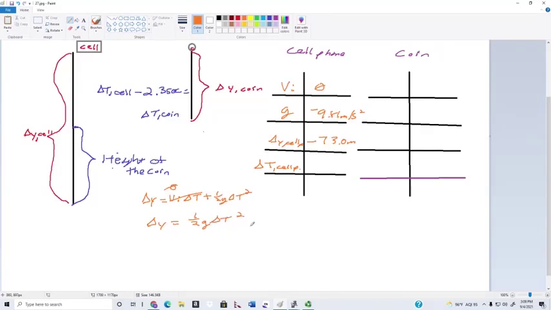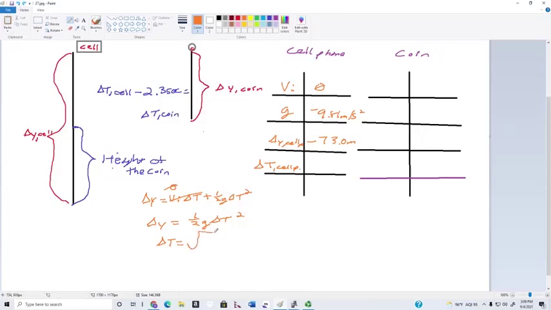I don't want to go through all these steps because I'm trying to make this as quick as possible. You multiply both sides by 2, divide both sides by g, and take the square root of both sides. You end up with delta t is equal to